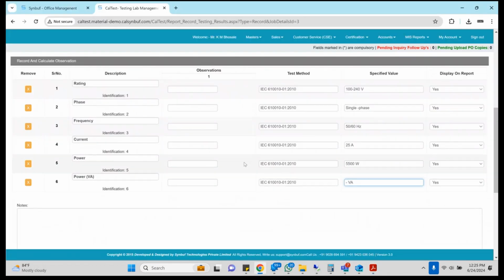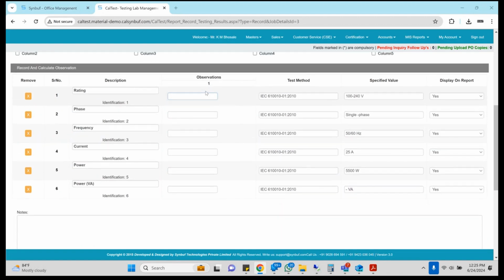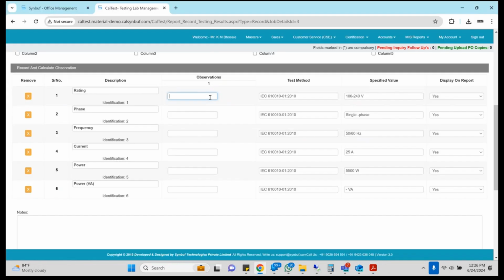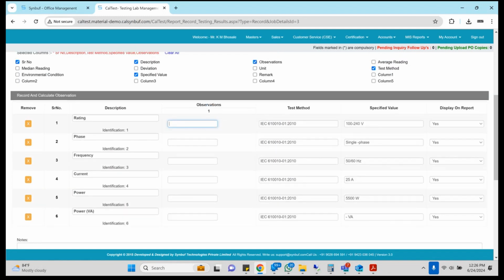Okay. And in actual, now you have two options. You can put pass fail, or else you can take one more column, an additional column for the compliance pass fail. Right now I have not taken it. Okay, so for example, my